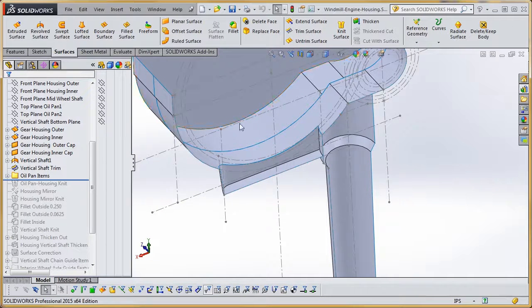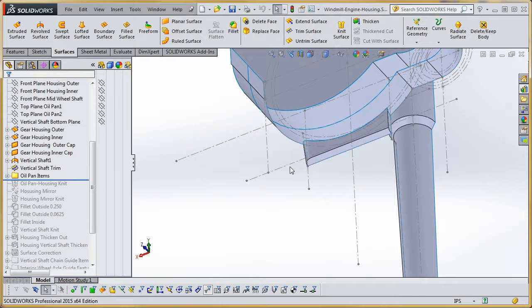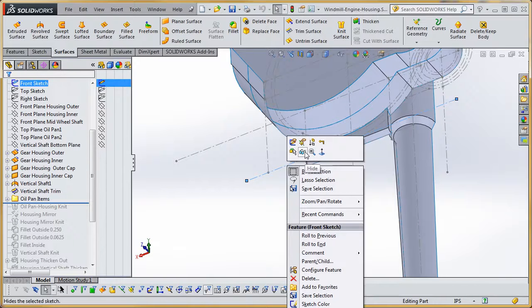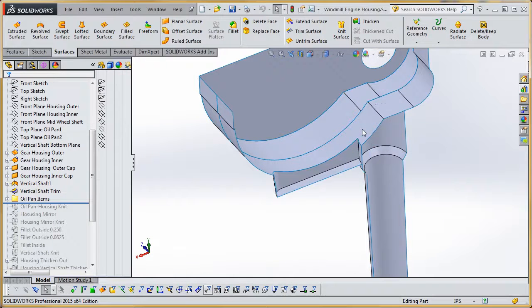Before we move any further, let's turn off some of our sketches in here. Let's right click on this and hide that. A lot of the modeling that we've done referring to these sketches is pretty much behind us, and we want to be able to see some of these surfaces as we resolve these into knitted surfaces and eventually into a thickened solid. So the first thing we're going to do is knit our oil pan to